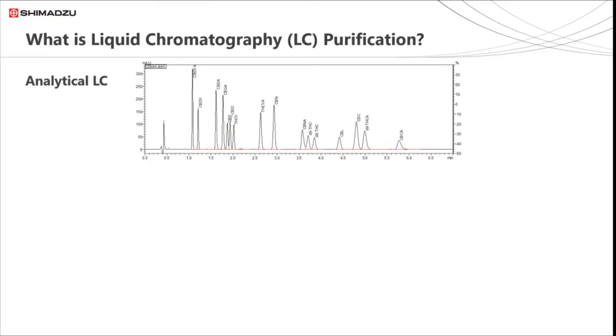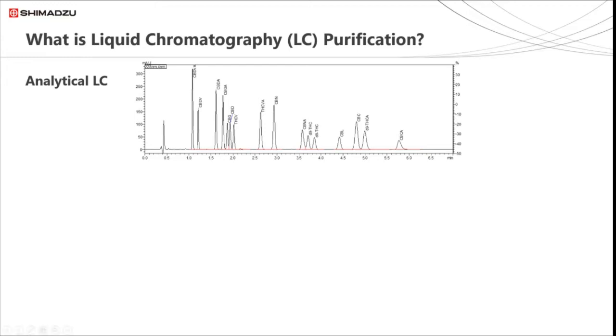First, let's think about analytical LC. Shown is a chromatogram for the separation of 16 cannabinoids, and in analytical LC we are interested in qualitative information, that is, which analytes corresponds to which peaks, and quantitative information, that is, the concentration of each analyte in the sample. We can use non-destructive detectors such as UV and PDA, or destructive detectors such as mass spec or ELSD. The eluent typically flows to waste and we are no longer interested in the actual sample, just the data that